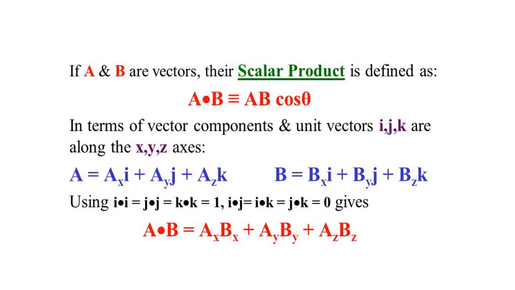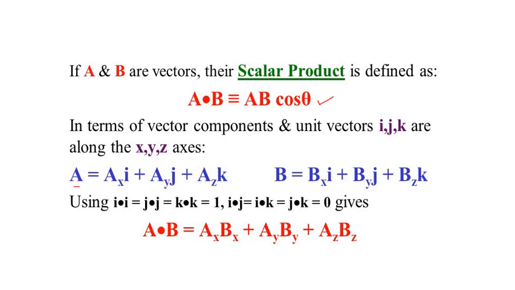Now let us see in detail about the dot product. Consider two vectors A and B. We are going to multiply these two vectors. A dot B, I told you before the formula: A dot B equal to A B cos theta, where theta is the angle between the two vectors. Now consider the vector components for these two vectors. In an earlier video we discussed the resolution of vectors. Please go through it if you are not aware of this resolution. Resolution means splitting a particular vector into different components.